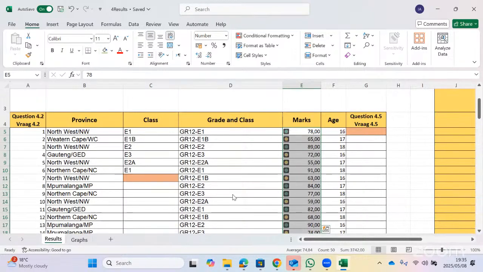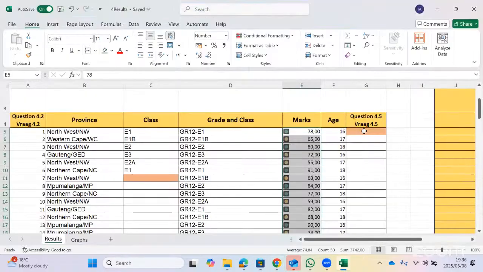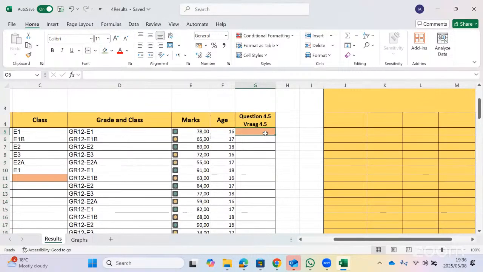And then 4.5, if statement. Display in G5 the word distinction if a learner scored more than 80 and is 16 years or younger. Otherwise, we should display it blank. If the person is below or equals to 16 years and then the score is 80. Now, where is the score? That's the mark. If the score is 80,